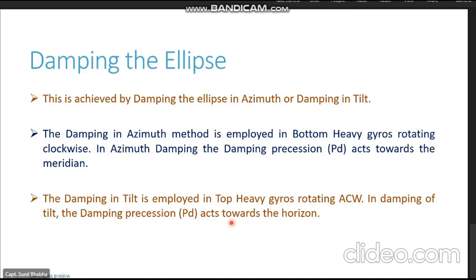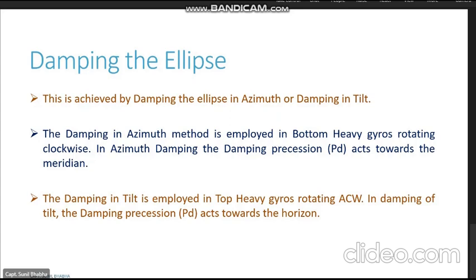PD acts towards the horizon. It basically means that whenever the spin axis goes above the horizon, the damping precession tries to push it downwards back to the horizon. And whenever the spin axis goes below the horizon, it tries to push the spin axis